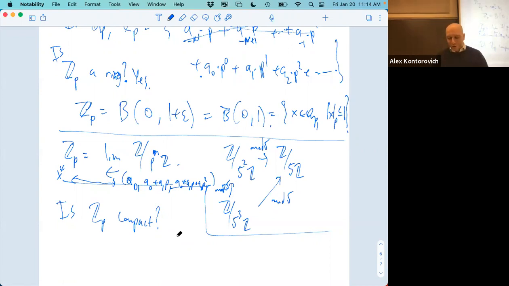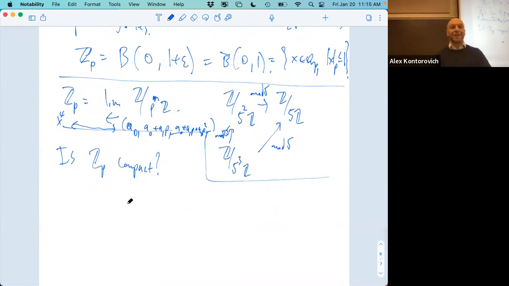So the things that you're used to from Euclidean space, not all of them carry over. For example, closed and bounded is not equivalent to compact, but in a metric space, something is equivalent to compact: sequential compactness. Okay, so let's talk about sequential compactness. In a metric space, compactness is equivalent to sequential compactness.